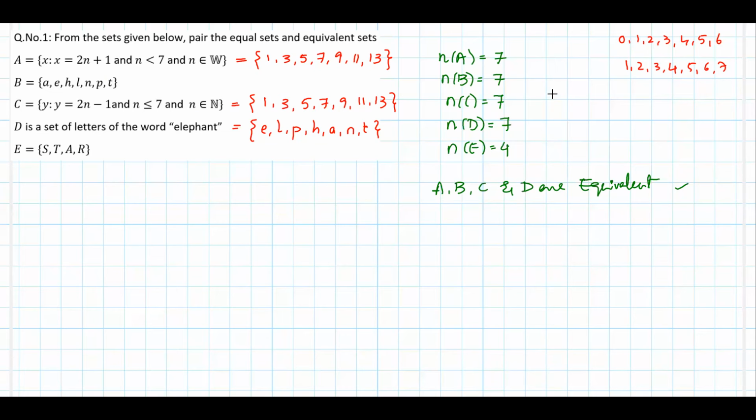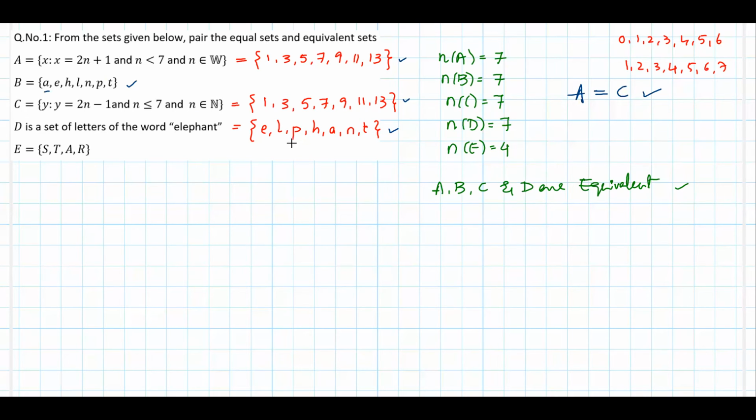All right. So now, which are equal here? Okay. If we observe, sets A and C are based on numbers, so we can compare these for possible equal sets. So 1, 3, 5, 7, 9, 11, 13, and 1, 3, 5, 7, 9, 11, 13, exactly the same elements. So yes, A is equal to C. Is any other set equal to A and C here? No. Now focus on B and D.